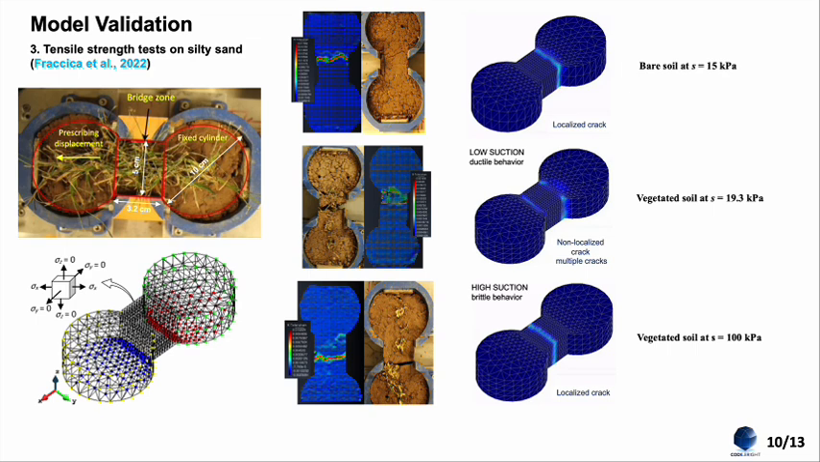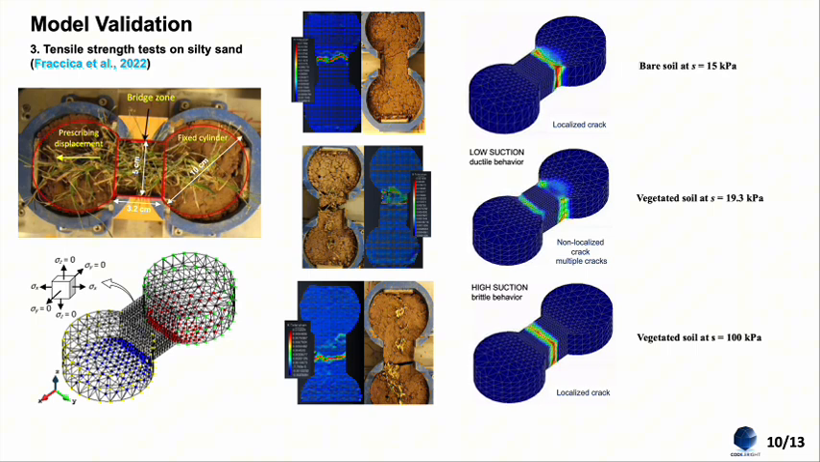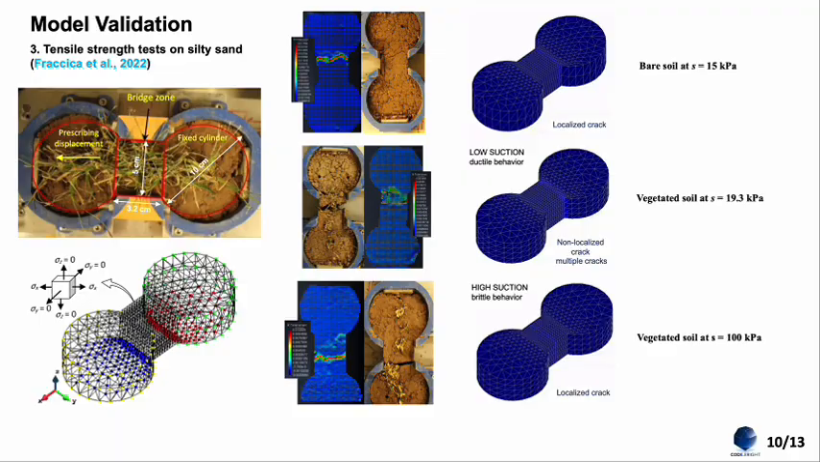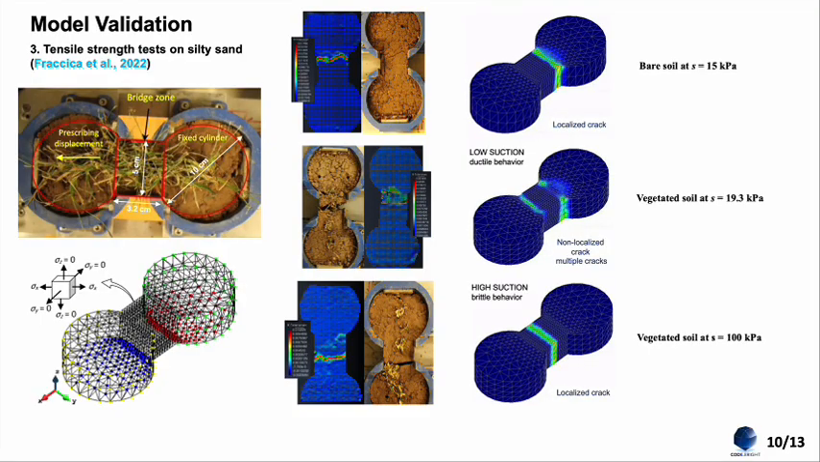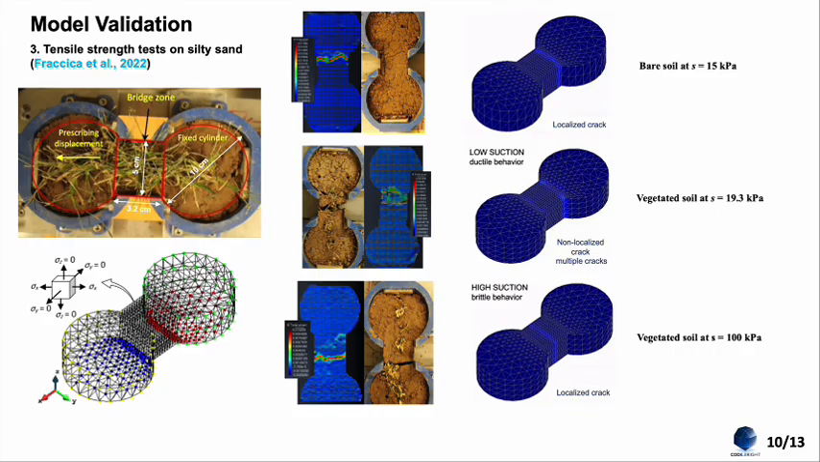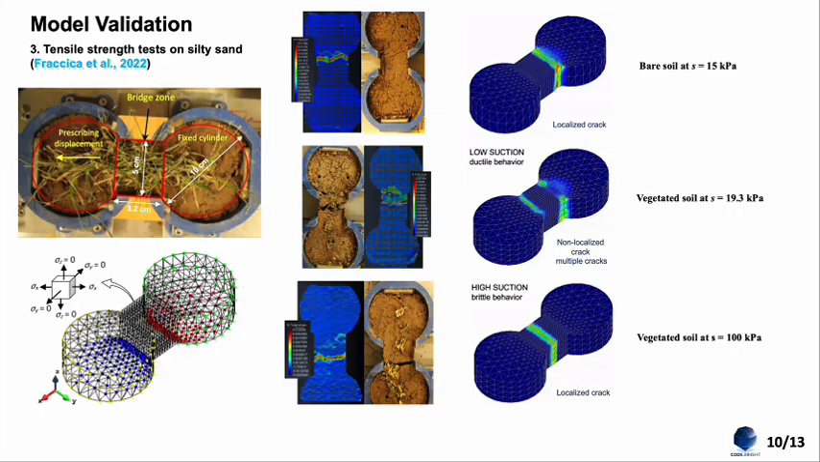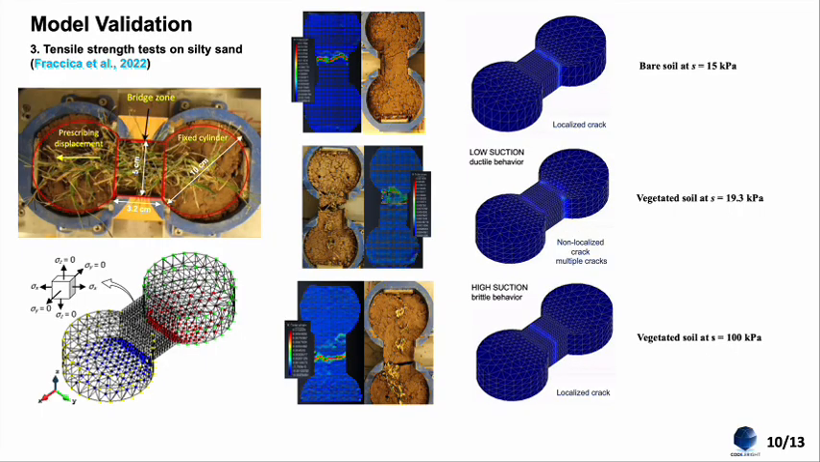And the last part of the validation is about the tensile test. It is a special device that has a built-in UPC for testing the tensile behavior of the roots, and it was tested in 3 conditions: first bare, and then in 2 different suction levels. For the bare sample,